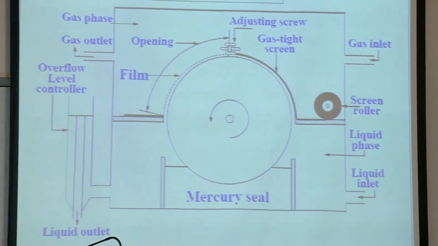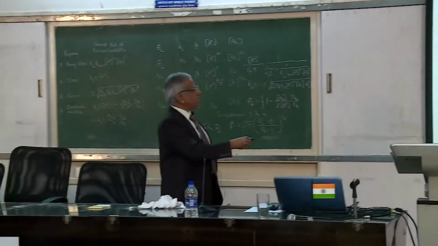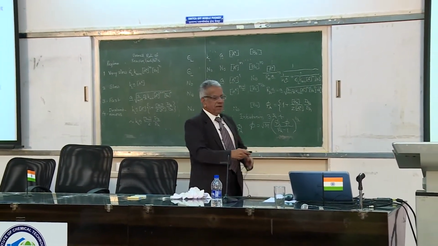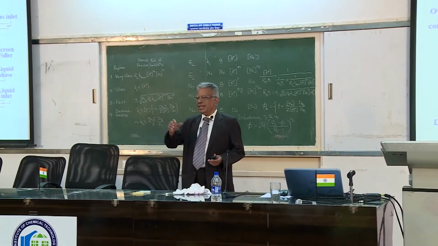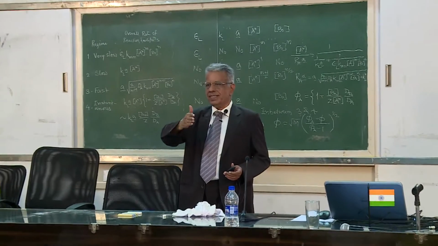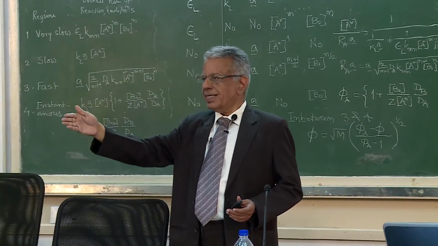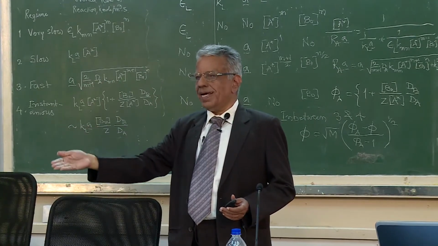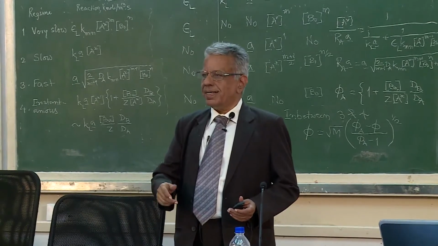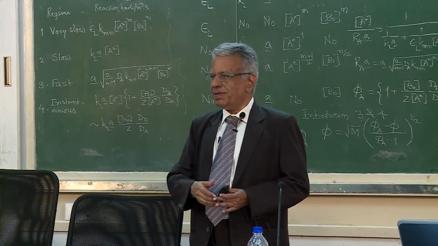Clear? Liquid, this is the pool, below that is a liquid. Whenever the drum rotates, it catches a liquid film, some drainage of course occurs, but the liquid film remains on the rotating cylinder, and when it enters the liquid again, it mixes with that liquid, and when it comes again from the other side, again a liquid film is formed.